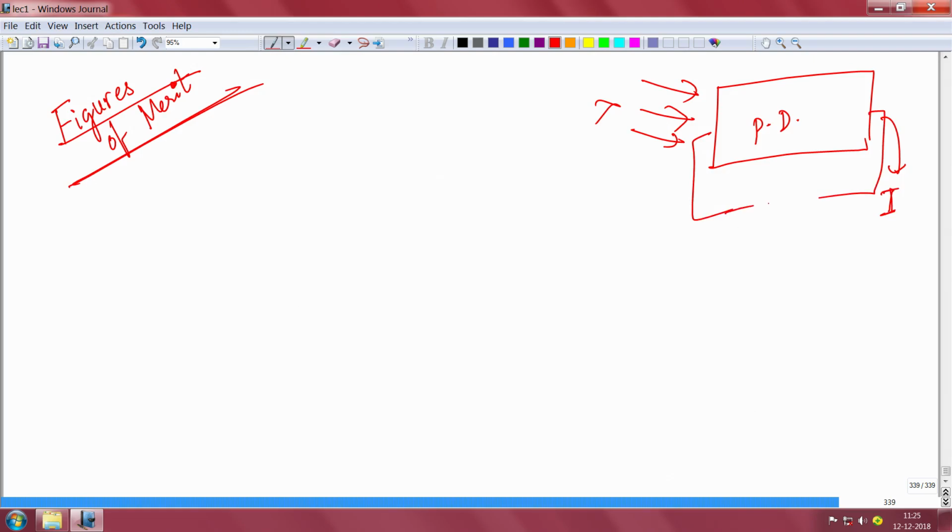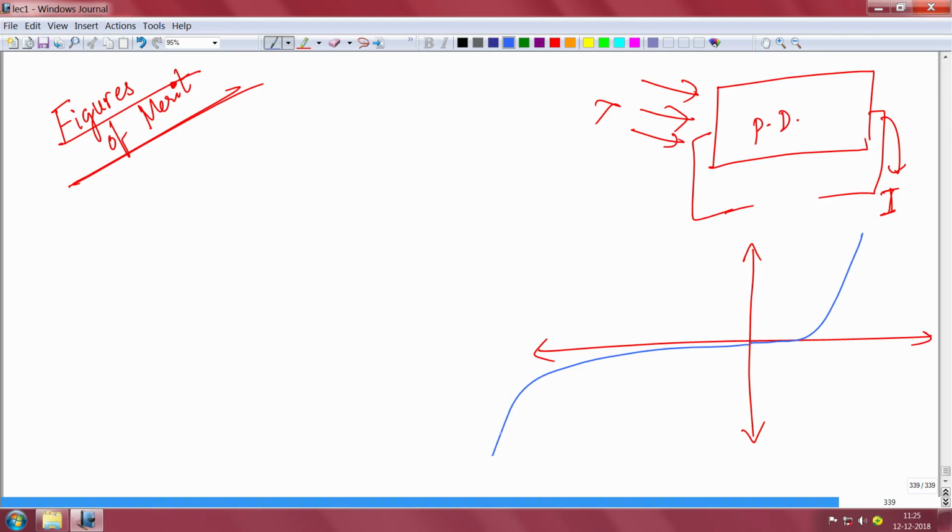It depends. There can be photo detectors which are PN junctions, such that in the unbiased dark condition, when you don't shine any light, you have a characteristic like this that I keep drawing, with the forward bias. When you shine light, then it becomes something like this. I told you a solar cell is operated in this fourth quadrant because you want to get power out of it, like a battery.